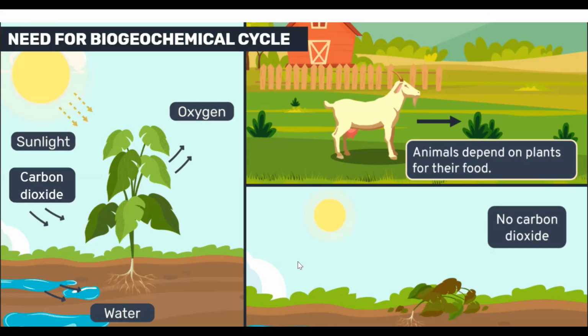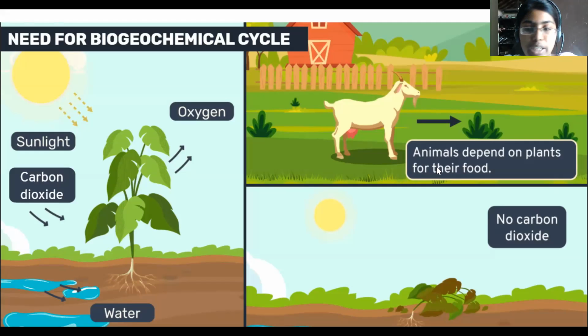Yes, ma'am. Okay, great. So, Atulyan, can you tell me what happens if there is no carbon dioxide? Plants can't make food. Okay, great. Can Rahul tell me what happens if there is no oxygen in our environment, Rahul? Nothing can survive. Okay, great. Super. Very good. So, yes, you were right.